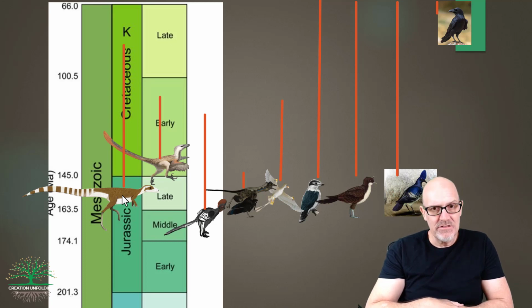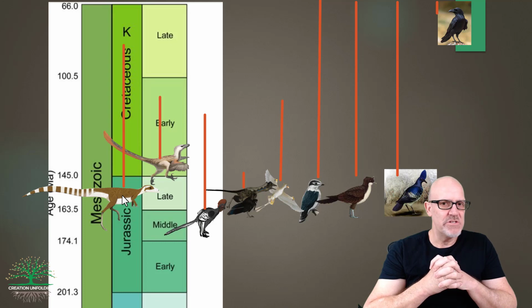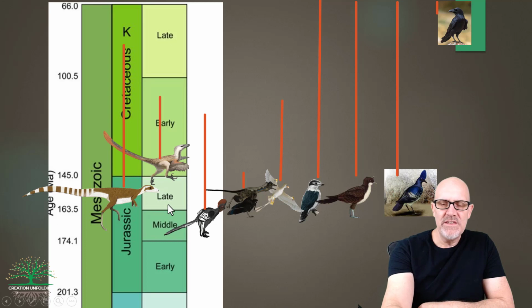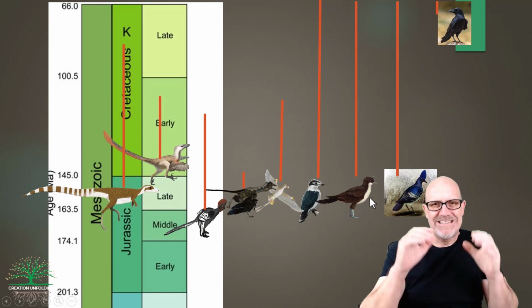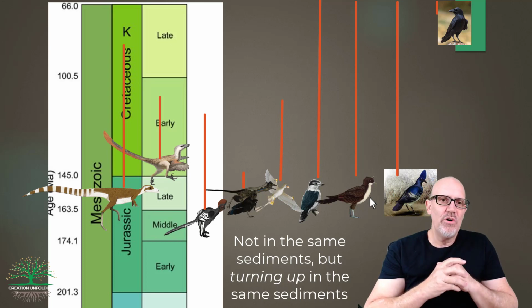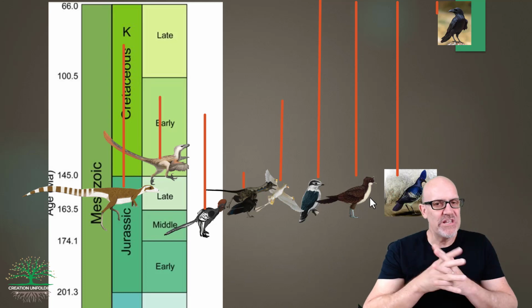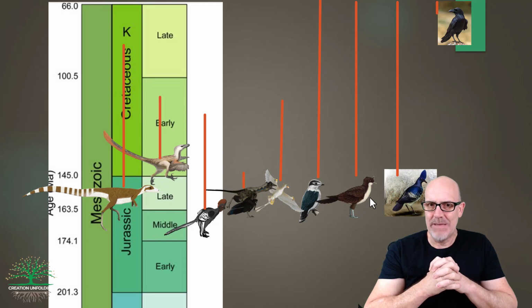Now that is really interesting, because this is not what you would expect from an evolutionary perspective. You would not expect to find all of these evolutionary modified forms together in essentially the same sediments. You would not expect that. If we use those older dates for the Jehol biota, then we end up with a very interesting picture where all of these taxa essentially turn up at the same time.